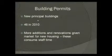One thing that we've seen with the downturn in the new housing market is a lot more homeowners coming in with additions and renovations, sprucing up their existing houses because they figure they probably can't sell it, so they might as well add another bedroom. Believe it or not, those consume a whole lot of staff time because you're dealing oftentimes with somebody who's really not familiar with the code. So even though new housing has slowed down, our guys have been fairly busy with those kinds of